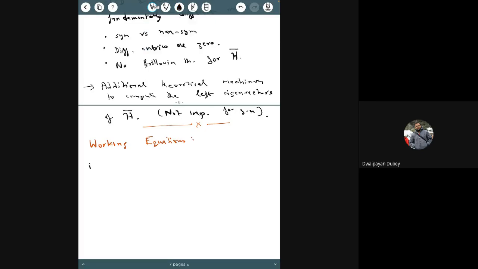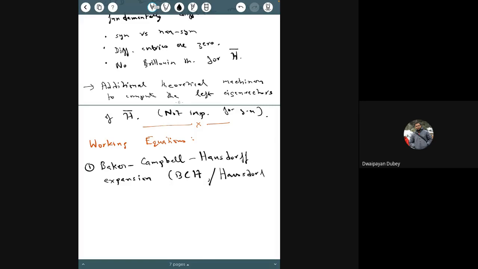So the first important thing here is the Baker-Campbell-Hausdorff expansion, sometimes called BCH or sometimes called only Hausdorff. And what is the expansion? The expansion is